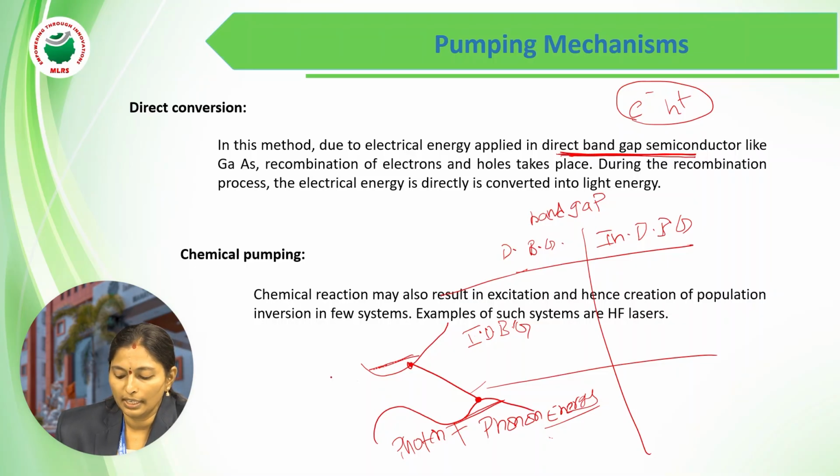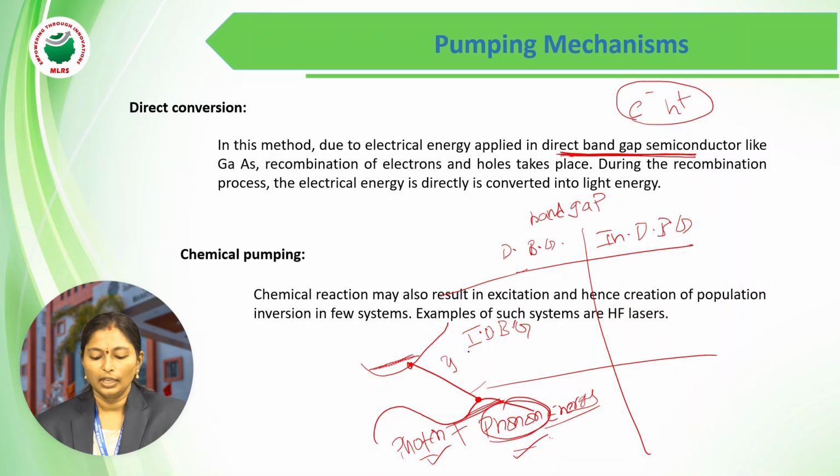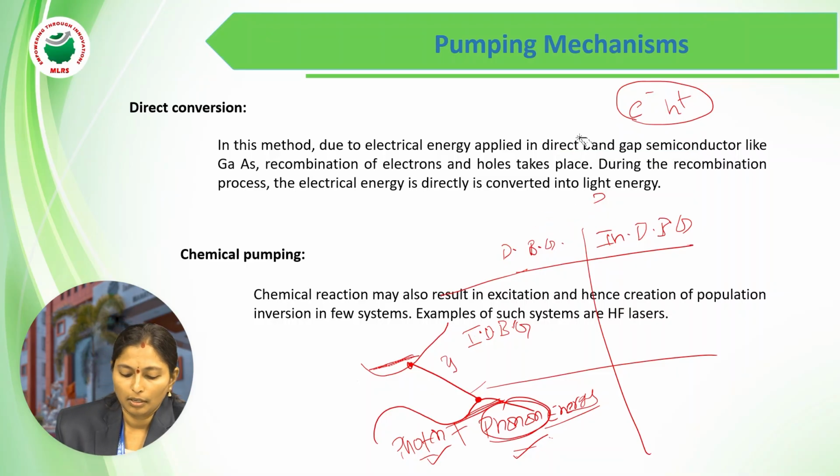While coming to indirect band gap semiconductors, the maximum of the valence band and the minimum of the conduction band are not at the same k value. In order to conserve momentum, we need extra energy, which we call the phonon. Both are energies, but the photon is the quantized electromagnetic wave, whereas the phonon is the quantized lattice wave. So here, if you see, it has higher band gap values. So for direct band gap